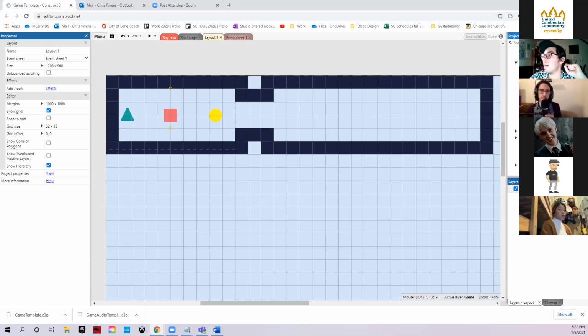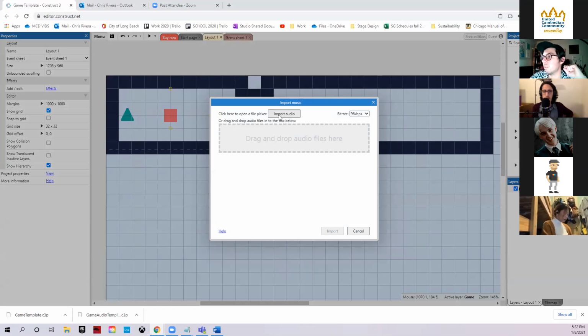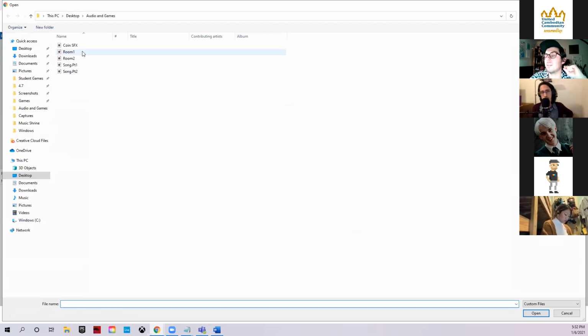Now scroll down till you get to your music folder. It should be all the way at the bottom, almost. Right click it and go to import music. And then there's a button that says import audio, or you could just drag and drop the files.